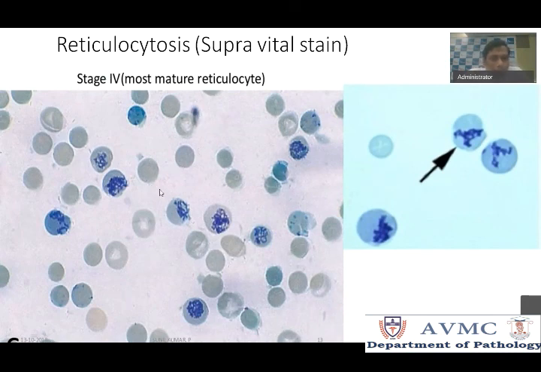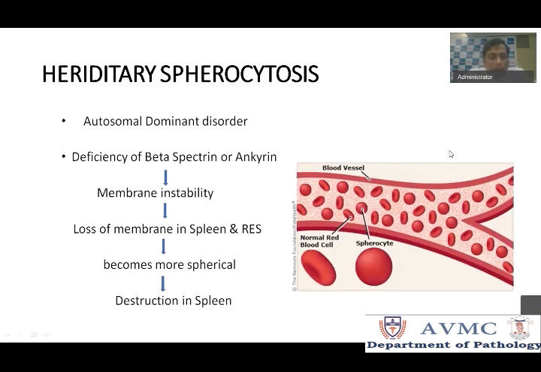So you find a lot of reticulocytes. See, all these bluish thread-like things are all RNA, and you find so many polychromatophils or reticulocytes here. In the smear, this will be seen as polychromatophils. When you do a reticulocyte stain, you find all these reticulocytes beautifully highlighted. See this noodle-like structure? All thin strand-like structures, all reticulocytes which are being stained by supravital staining, which is new methylene blue or brilliant cresyl blue. Now the diagnosis is hereditary spherocytosis because there are a lot of spherocytes in the smear.